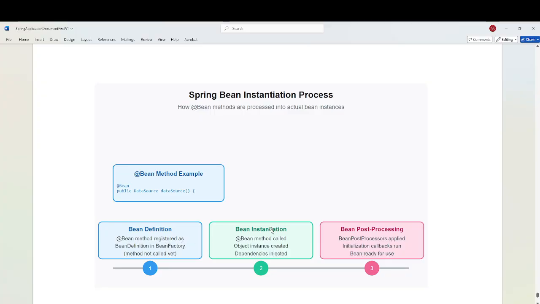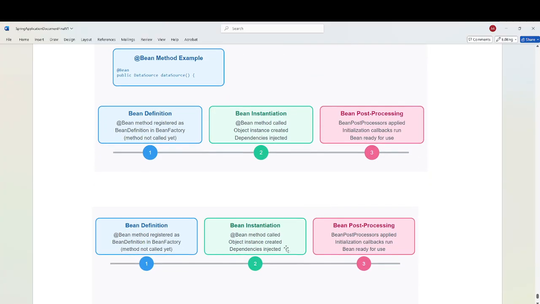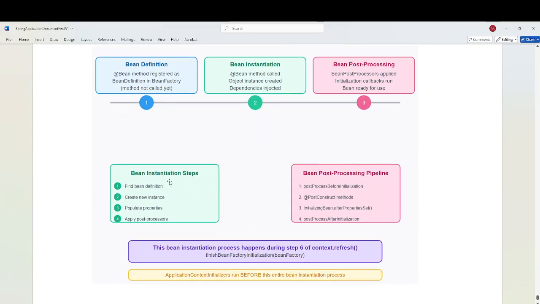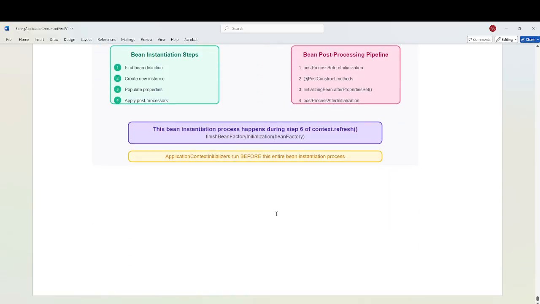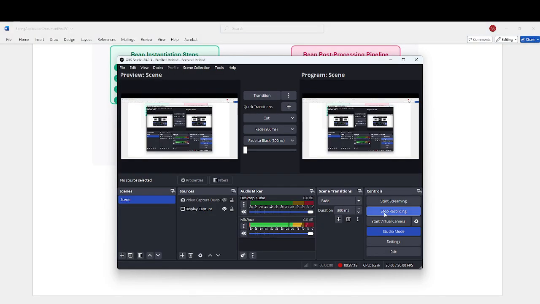So basically, the bean definition is first in the bean factory but not yet instantiated, then bean instantiation takes place and dependencies are injected, then bean post processing applies, initialization callbacks run, and the bean is ready for use. In bean instantiation, it will find a bean definition, create a new instance, populate the properties, and apply post processors. In the bean post processor pipeline: post process before initialization, post construct after property set, and post process after initialization. So the application context initializer runs before the entire bean instantiation process takes place. Okay, this is the overall working of